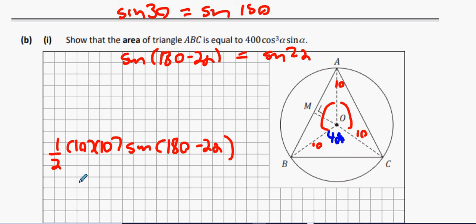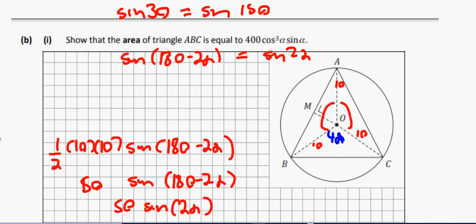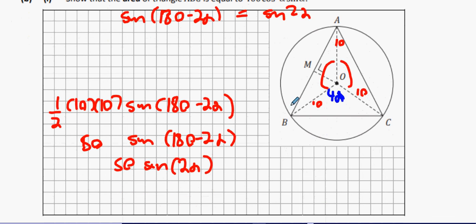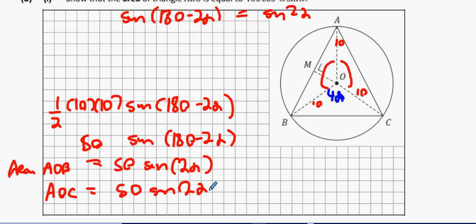So it's going to be 100, so it's going to be 50 sine of 180 minus 2a, and that's the same thing as 50 sine 2a. Right, and that's me getting the area of AOB. Area AOB equals 50 sine 2a, and so does the area of AOC, also equals 50 sine 2a. Now, then that leaves me the bottom triangle,